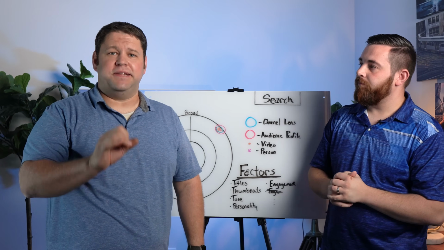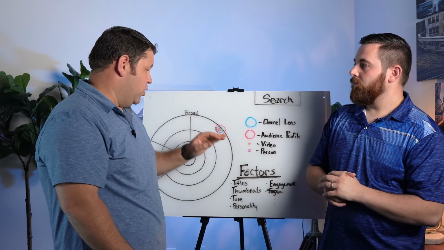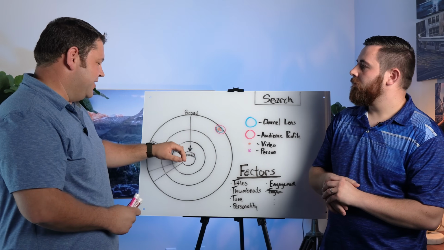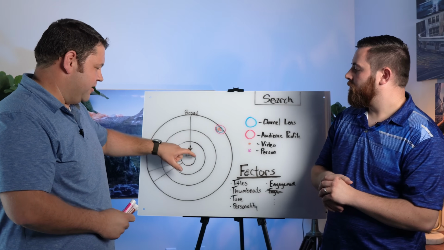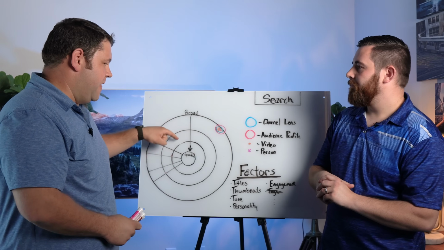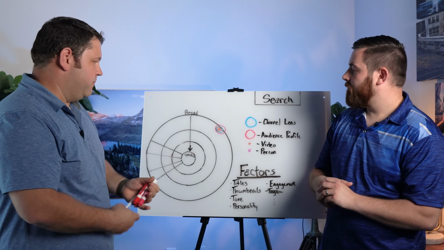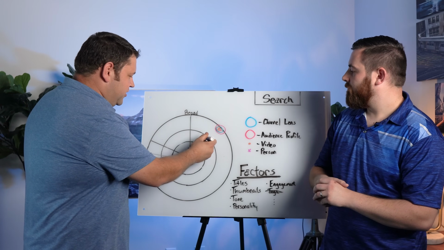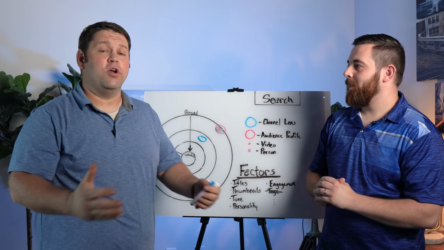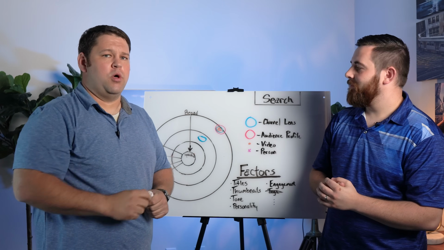That is not the ideal channel for everyone. It's what some of these people have chosen to do, and it's working well for them. And there's a lot of money to be made on channels that are all the way on the inside circle, as well as anywhere in the middle. So you just need to pick where you want to be, define what your channel lens is going to look like, and make videos within that lens so that YouTube knows who you're trying to target and can pair you up with the right people.